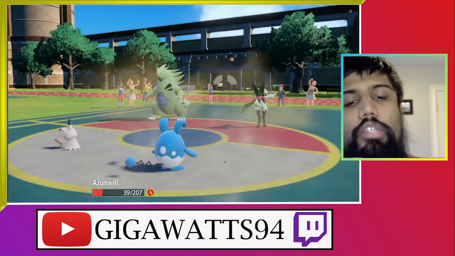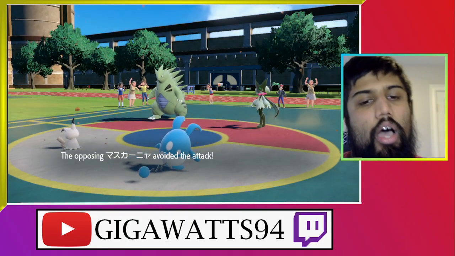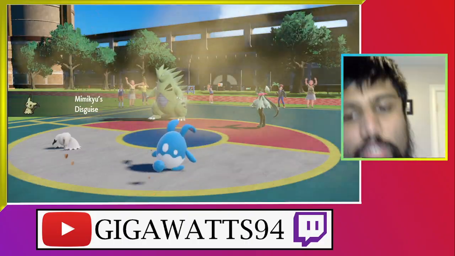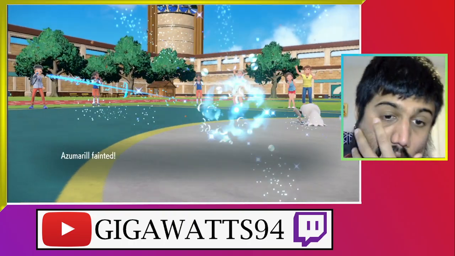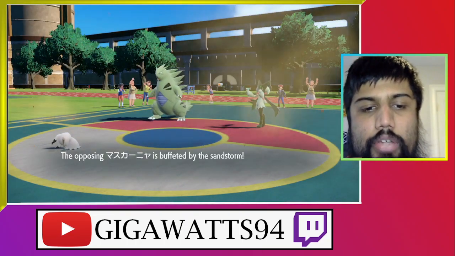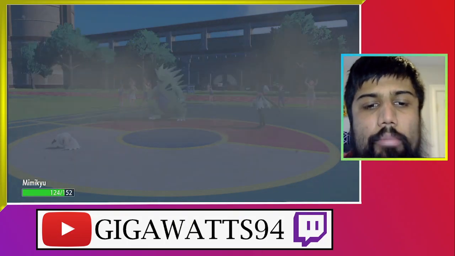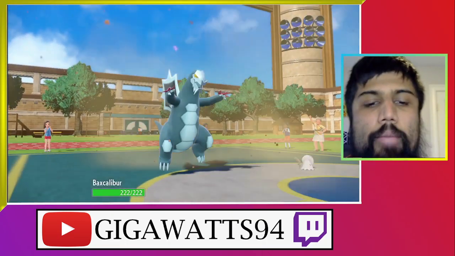Play Rough going to come out onto the Azu. That's totally fine with me. That's not fine with me. That's really bad. Okay. Okay, that's fine. Meowscarada gonna be hit by the sandstorm. Okay, I'm gonna assume, okay, ice is weak to rock. Okay, so what I'm gonna do here is